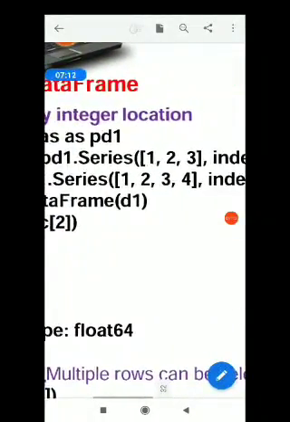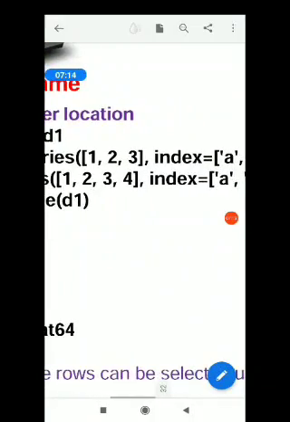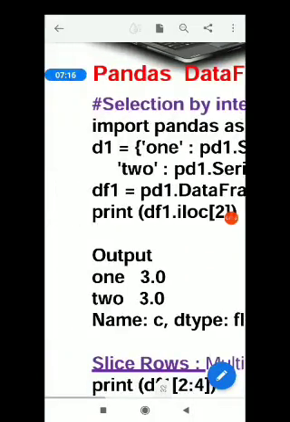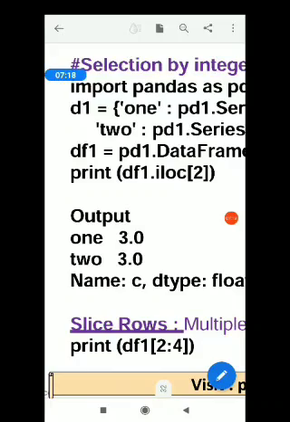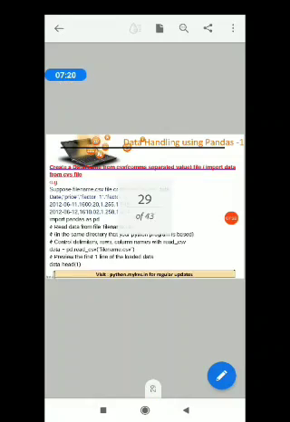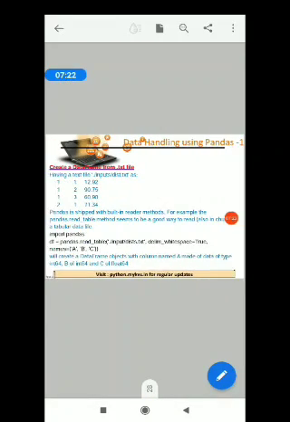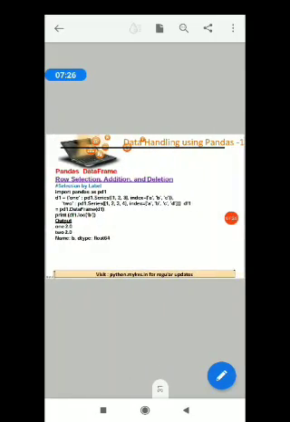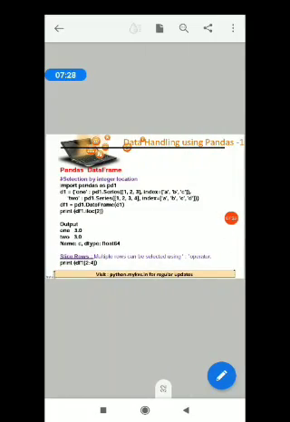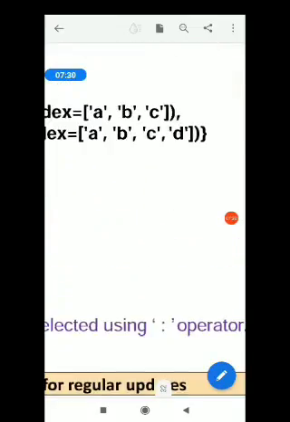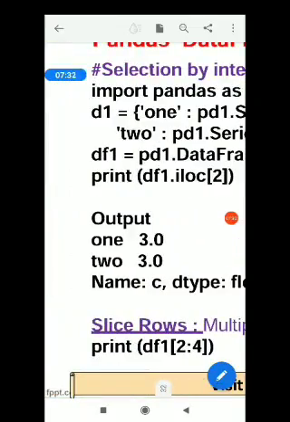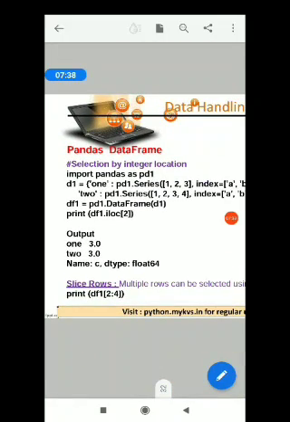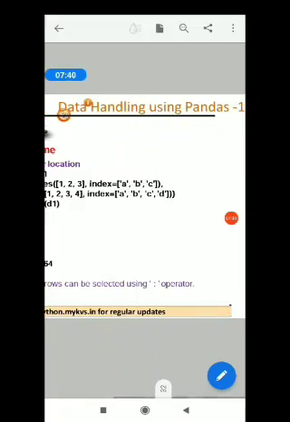It will take the index location third, 0, 1, 2. And if you want to print a range, multiple rows, you can do this with the colon operator. For example, print df1[2:4], and this will print the required data frame.